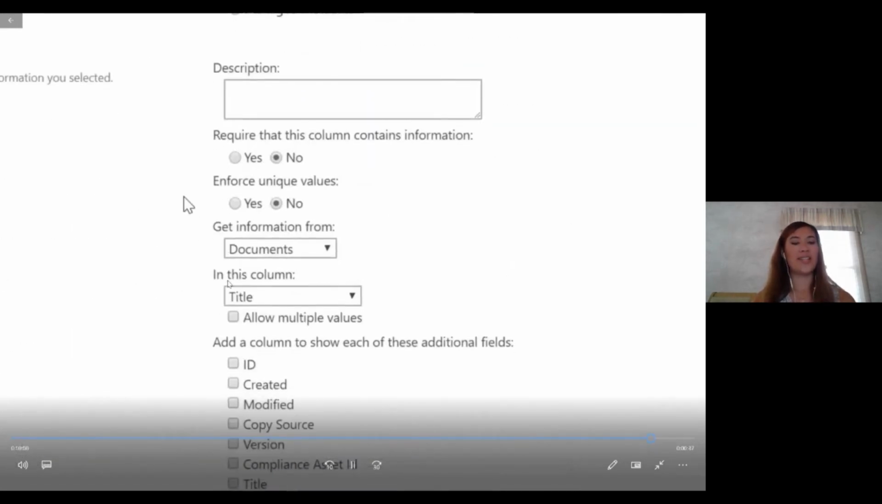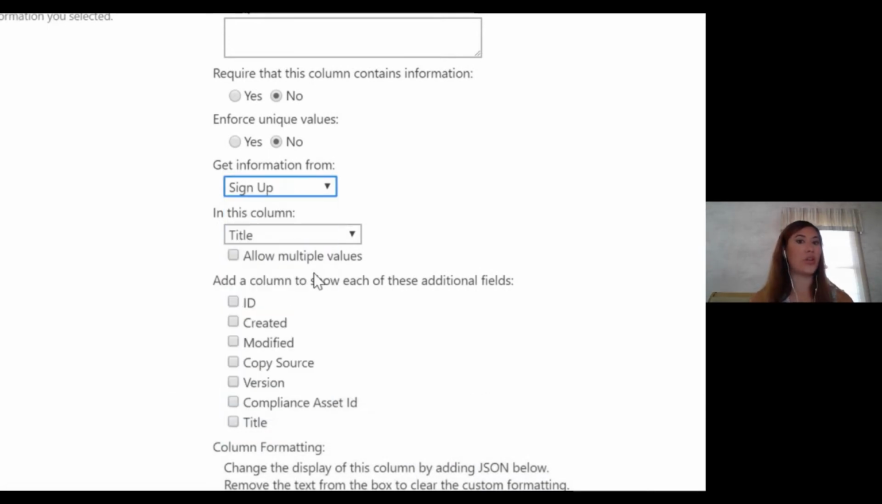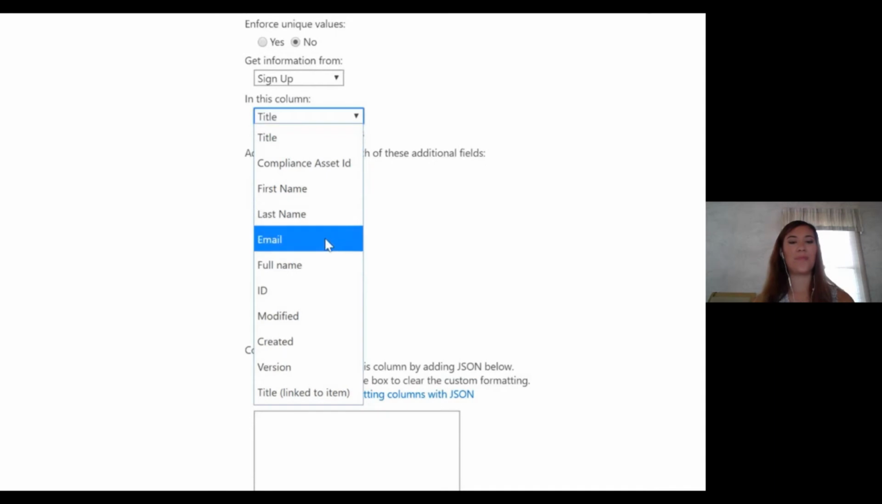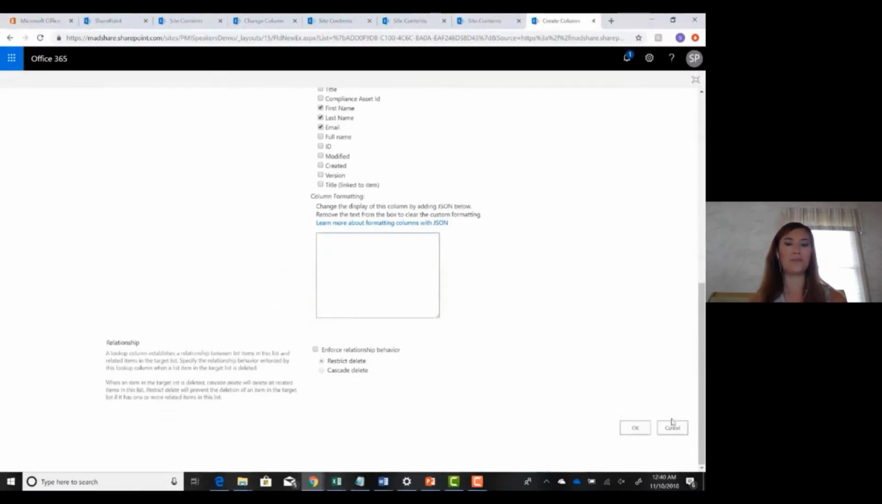Just like it says, it creates these new settings to pick the list that you want to look up to. In this case, it's a sign up, and then choose the columns that we want to be in this new list as well from the original list. So I'm using full name, first name, last name, and email for now. When I hit OK,